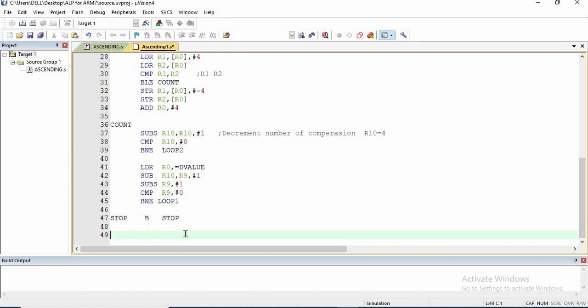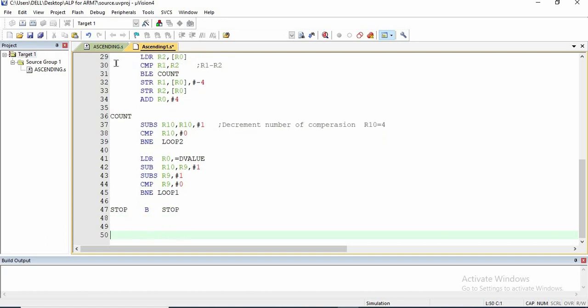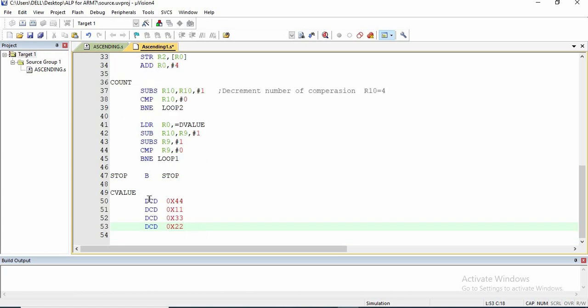Now we are left with one more thing, that is the declaration of the array and assigning values to the array. So I have declared the array as C value, and I have written it over here. DCD means assigning the memory location. I discussed this in the previous video. If you don't get this, you can look at the previous video and come back to this video. Basically, I have given the array name and told it to assign DCD memory location. We have different variations of this, which I have already talked about in the previous video. So these will be the values in the array, that is